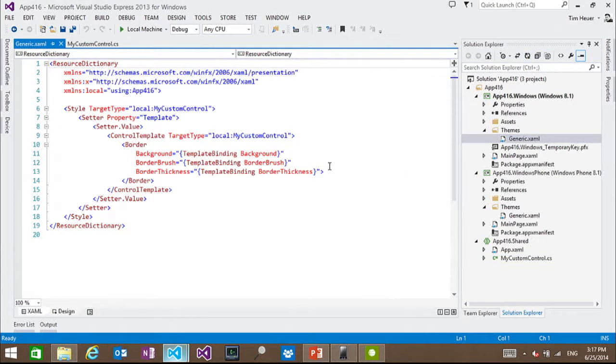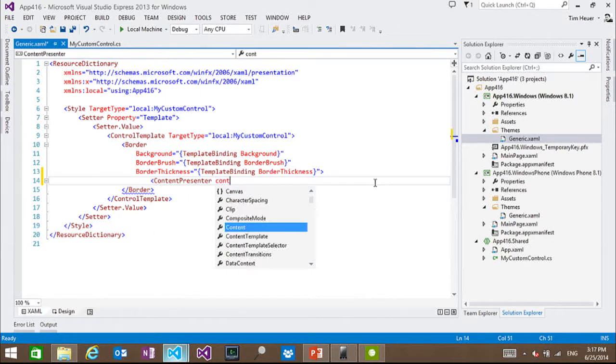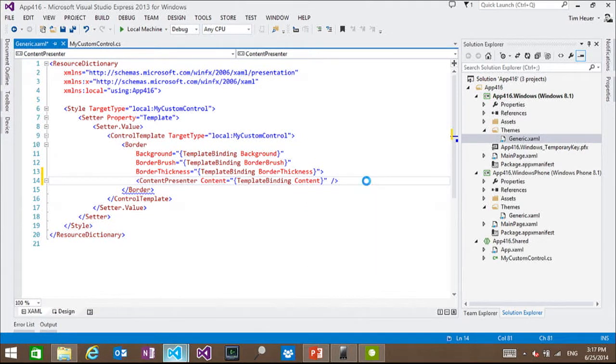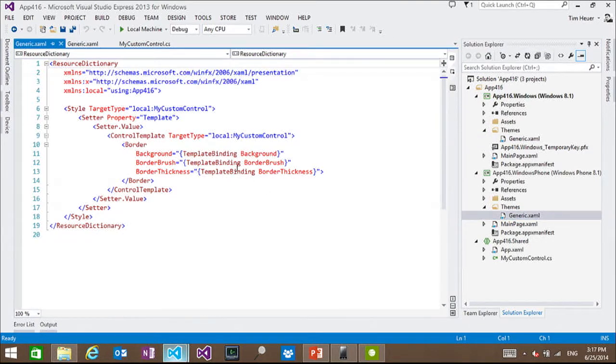We're going to do this kind of quick and dirty here. So we made this a content control. Let's go ahead and do a content presenter, and we will say content equals template binding to the content property. Since we've made this a content control, I'm just adding a content presenter here. And let's do some hard coding here. So let's do background is, let's see, where are we at? We're in the desktop one. We'll make the desktop one green. And as we go into the themes generic for the phone experience, we will make that,